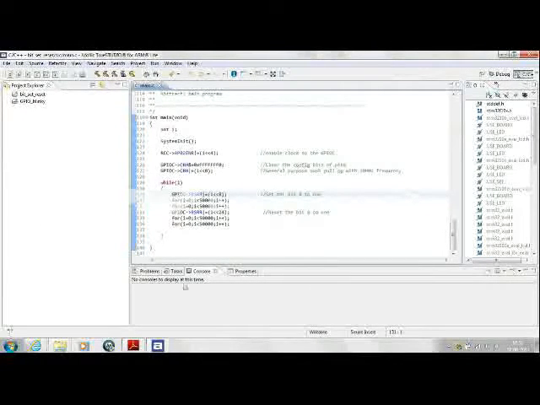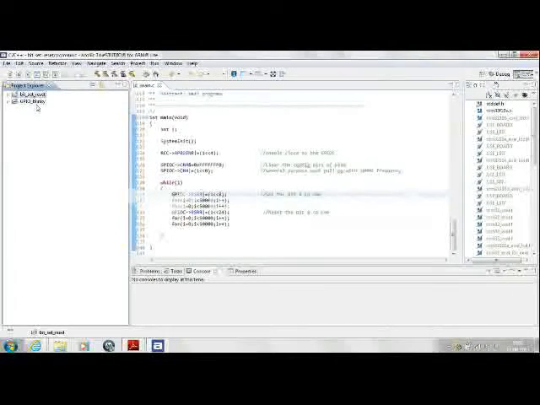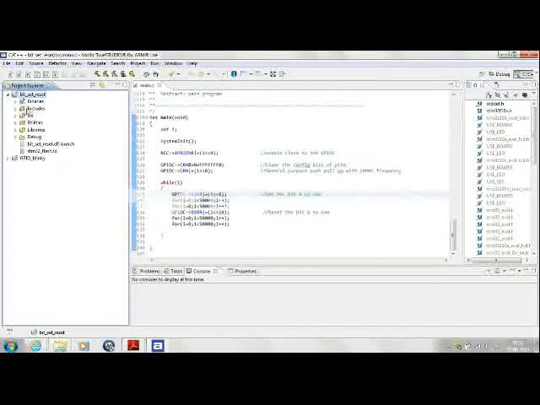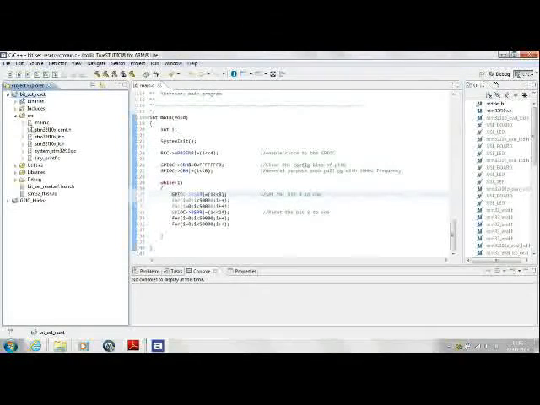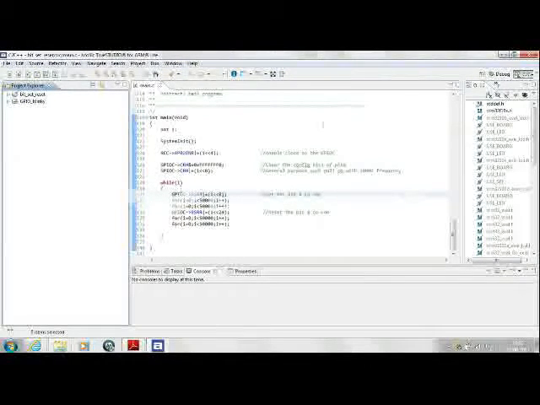What you see is the IDE startup screen. Because I've already used this before, you have some code already existing there. On your left you see the project explorer. It will give you all the projects that you have already worked on and the contents of those projects. In the center is your editing area.